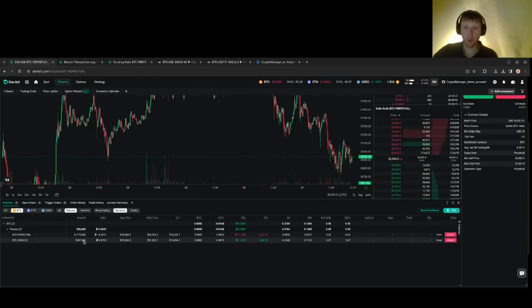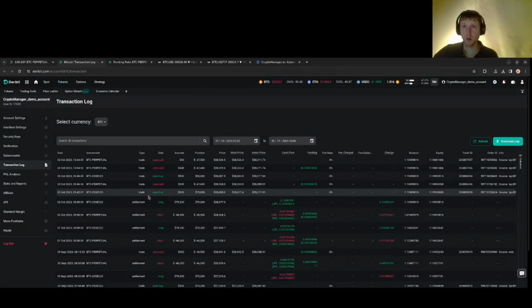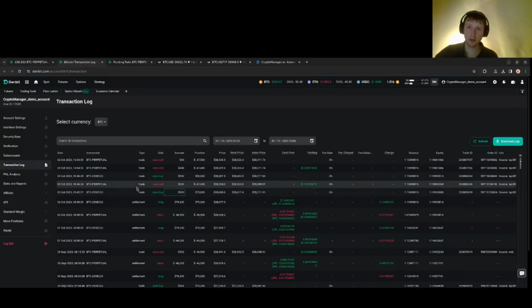So to accumulate this position, we launched a bot which started buying futures expiring on the 29th of December and shorting BTC perpetual futures. Because when you are trying to enter a position, you don't want to go long 100,000 and expect to be filled at a good price and going short. So it is split into smaller order amounts, so the risk is not that high, and if we catch a very big price breakdown, we are not losing a lot, and the bot recovers and the average price is